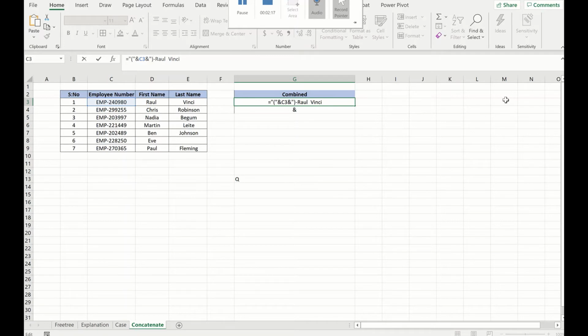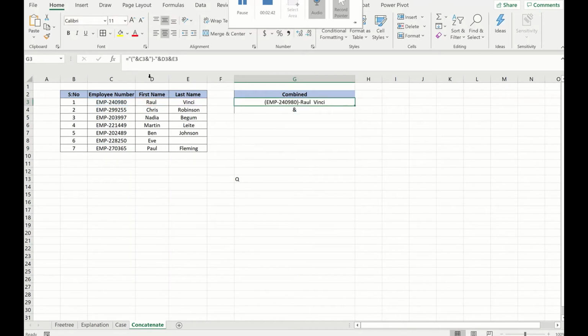Even the dash is a special character, so I have to put that also inside double quotes. Then the first name comes, ampersand first name, and I can remove Raul. Vinci is the second name, so again I put an ampersand and then Vinci, and I can delete Vinci.